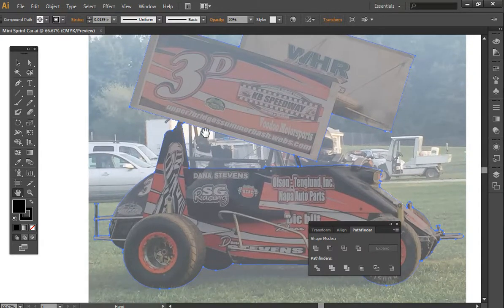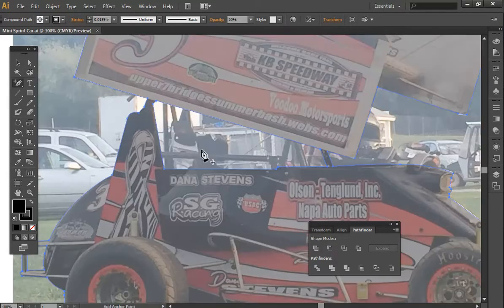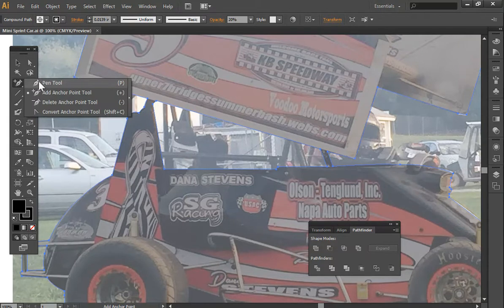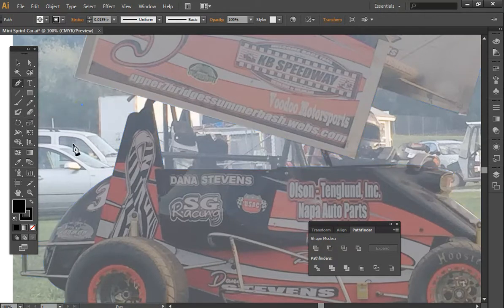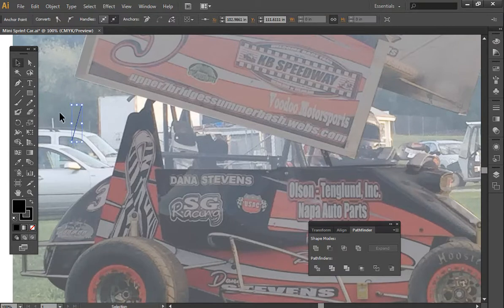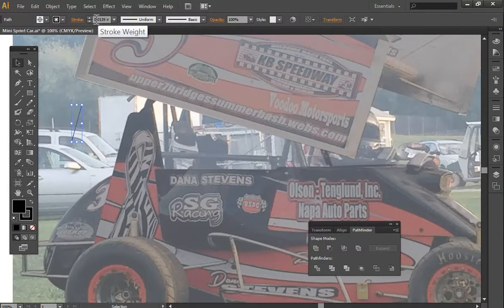We've got this done from the first tutorials. We're going to zoom in here, and we're going to go up here and use this pen tool. What I like to do is I just draw a reference line. So this line tells you, if you direct select it and click on it, it tells you the stroke, and this is a very small stroke weight. So what we want to do is weight that to